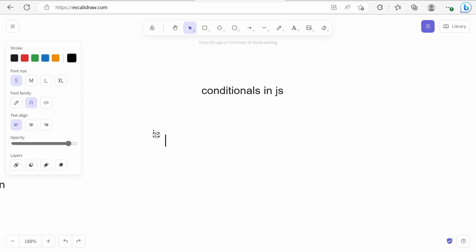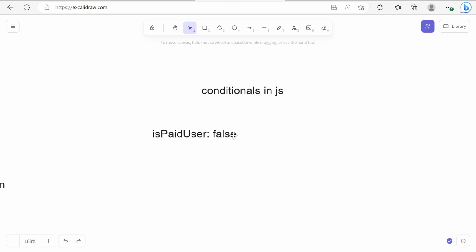In those details it should have a value like is paid user. It should be true if I am a paid user, and if I am using the free tier plan, it should be false. Depending on this flag they should take a decision, like showing 10 menu options or 20 menu options. So this is one scenario. There are multiple scenarios where, depending on some conditions, you need to build your logic. So how can we implement those scenarios, create conditions and execute a block of code? We will see.